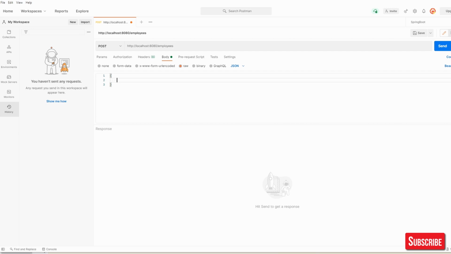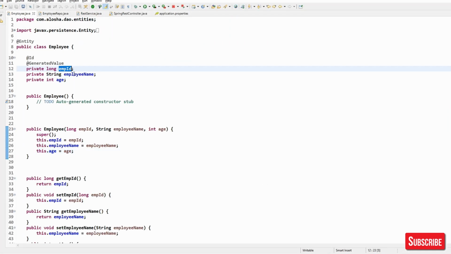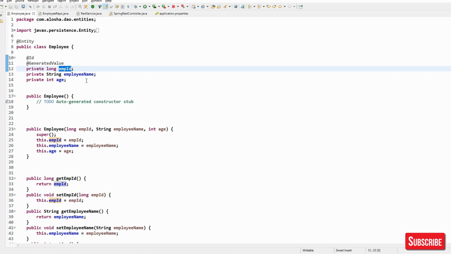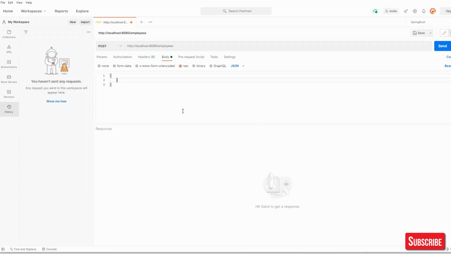So what are the properties of employee? Let's see that: employee ID, employee name, and age. Employee ID is anyway auto generated by JPA itself, so we will go with employee name and age. The parameter name is always in double inverted commas, employeeName, and this is a string, so we'll go with test1.